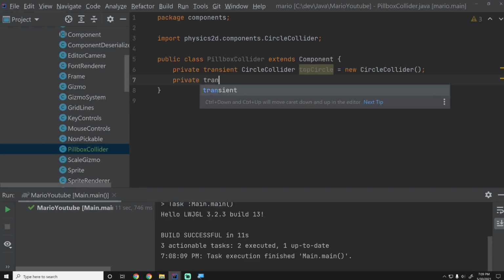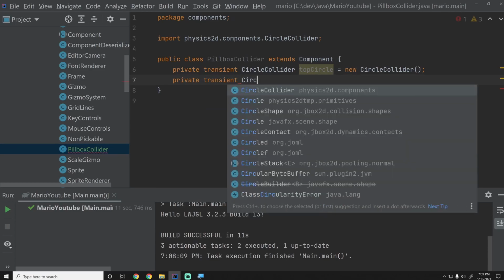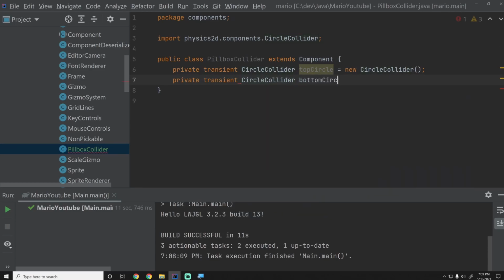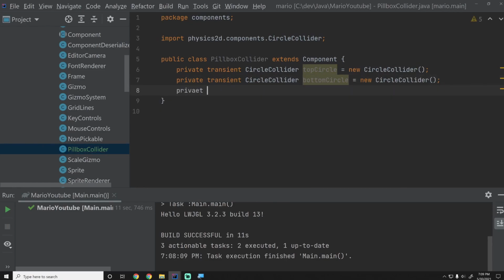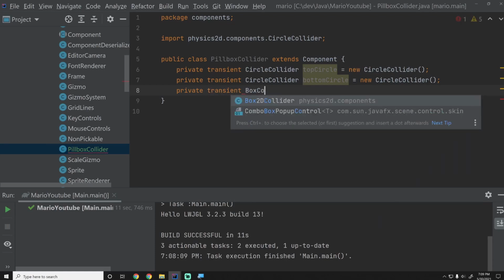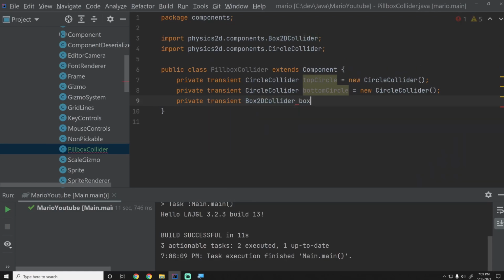So let's say private transient circle collider bottom circle equals a new circle collider, and then we'll go ahead and say private transient box collider 2D, and this is our box, is a new box 2D collider. Okay,